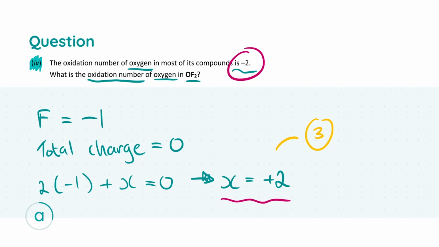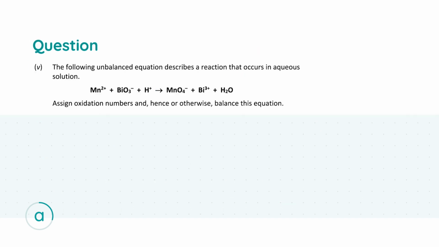And once you've done a few of these, they become very easy to spot and do in your head almost, if you're lucky enough. So taking a look now at part 5, we're moving on to probably the trickiest part of this question. If you read through it, it says that we have a following unbalanced equation, and it describes a reaction that occurs in an aqueous solution, and it's this big scary reaction here. What we're asked to do is to assign oxidation numbers and hence or otherwise balance this equation. That's the first thing we have to do, and this is quite tricky,